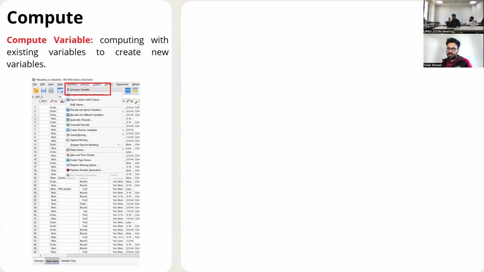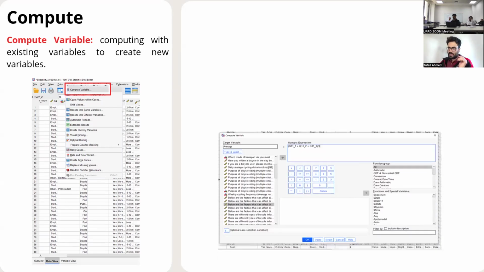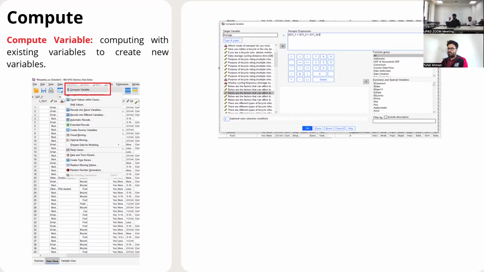So what I will do is compute a variable. Let's say I want to compare between different countries, what is the income per person? 5 people are living in a household, earning 10,000. If I want to compute it for one person, I will just simply divide 10,000 by 5. That can be easily done in SPSS. So how do I do it?